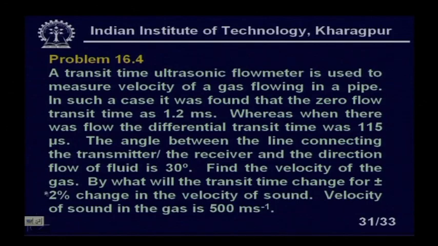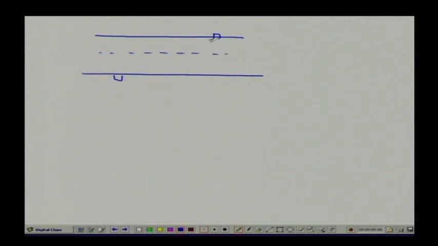So, this obviously we are very familiar with. So, let us take a blank page. It looks like this. I have a pipe. So, now I have a transmitter here, and a receiver here. This angle, is it 45 degree? What is the angle? No, this is 30 degree, right. So, this is our length L. So, if we say A transmitter, B receiver, so TBA